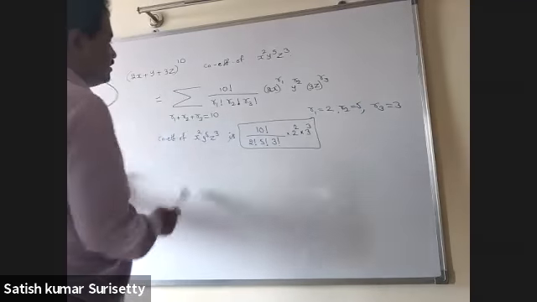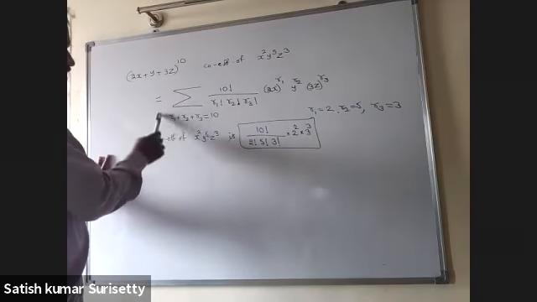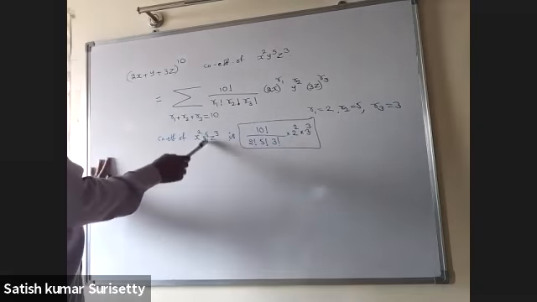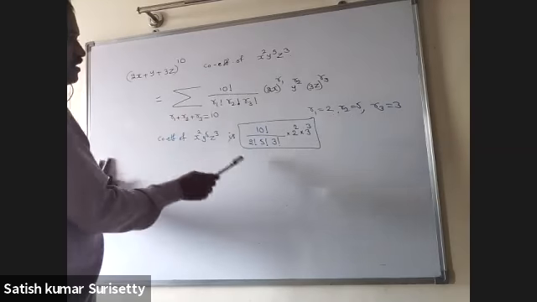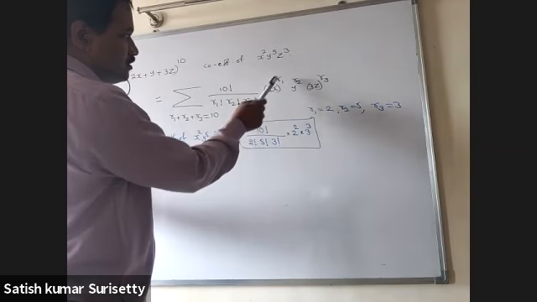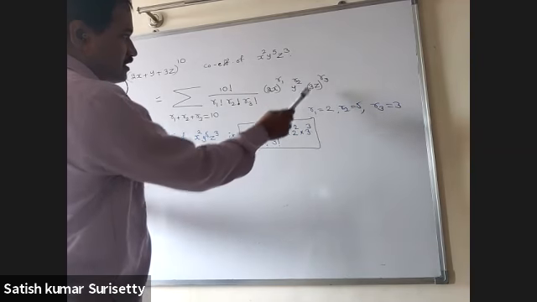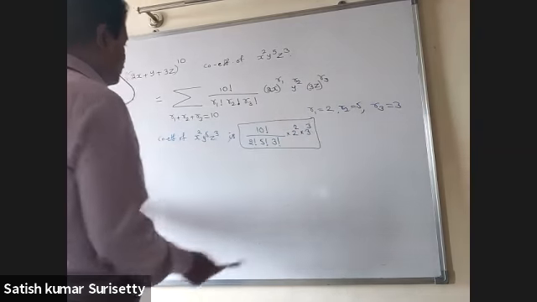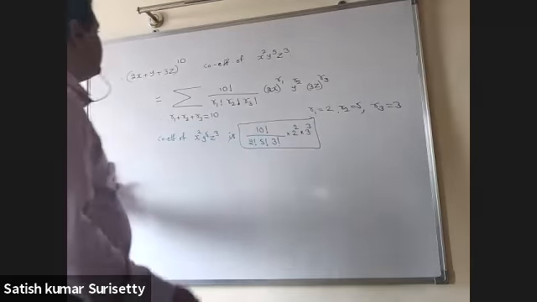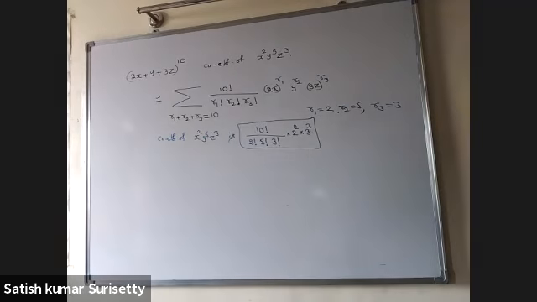Now we have to check the condition: r1 plus r2 plus r3, is it 10 or not? Because it is satisfied, the coefficient of x square y power 5 z cube is 10 factorial upon 2 factorial, 5 factorial, 3 factorial into 2 to the power of r1, means 2 square, 3 to the power of r3, means 3 cube. And you will have only one term because only one solution is there. So the coefficient will be only one term.